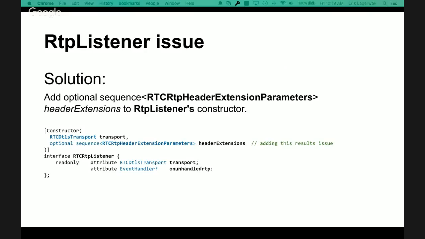But the problem is that the actual event that comes in, you cannot. That would restrict the event from being able to be fired before you create a receiver. So you could create an RTP listener object, but you can't fire the event because you're missing values. Right, but you can create a receiver just in case, and then when stuff comes in, it goes into that receiver, and then as soon as that's filled, you can start creating another receiver. Yeah, but then you create an object which you can't use until you create another object.